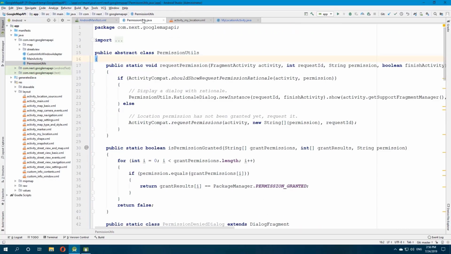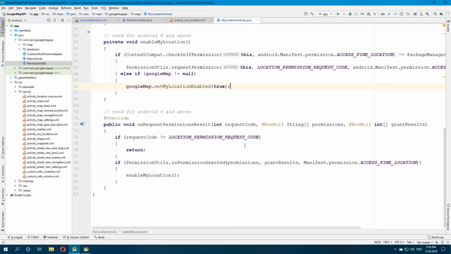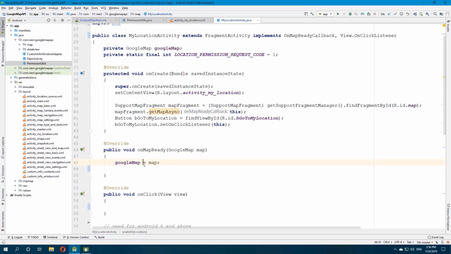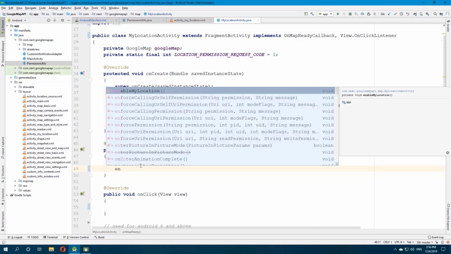So we are going to use this class permission utils over here to check whether access find location has been granted and to request for the permission access find location. That's it for the permission. After we got the location permission, we can do what we want. At first over here in on map ready, we want to enable my location,